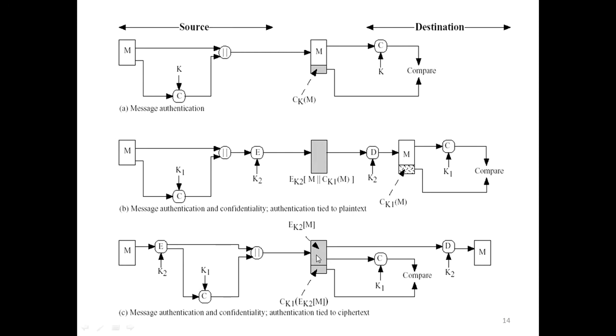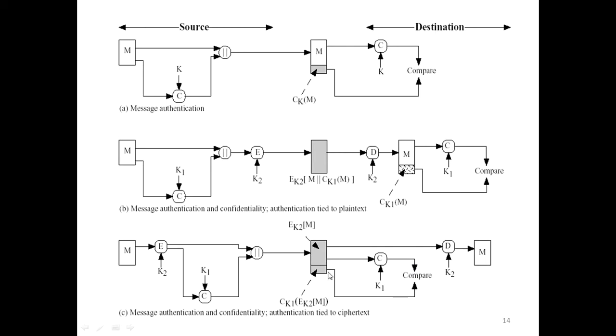Right. So on the receiver side, what will you get? Ciphertext. So now two jobs are required. First, decrypt the ciphertext using K2. You will get the message. Just keep the message aside. Now, take the ciphertext and apply the MAC algorithm. Then you will get the MAC code.